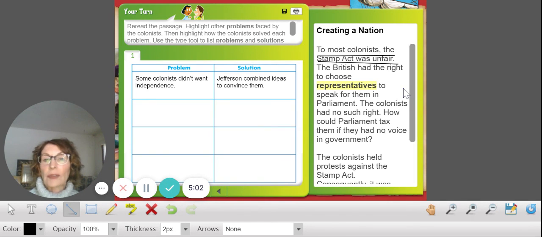the Stamp Act was canceled. All right, so today, as you're reading, please apply the comprehension skill, problem and solution, to